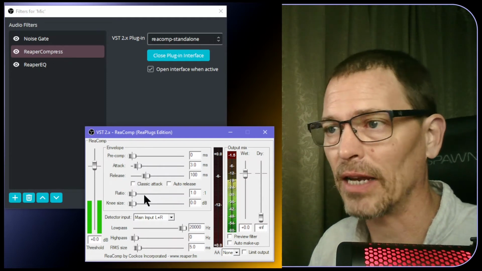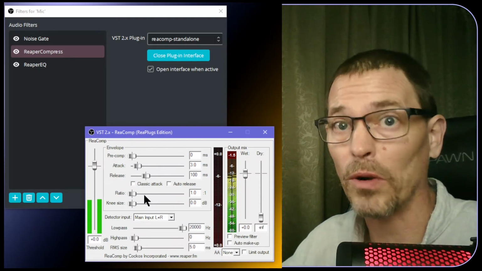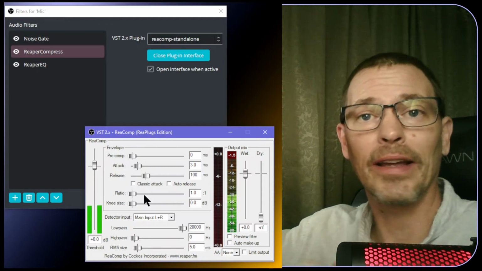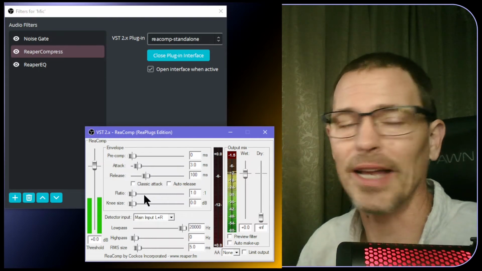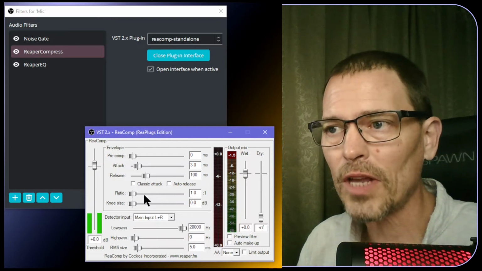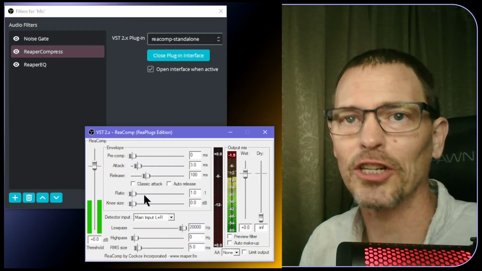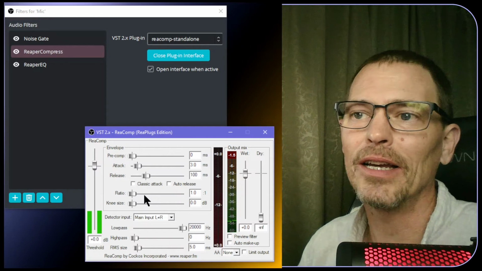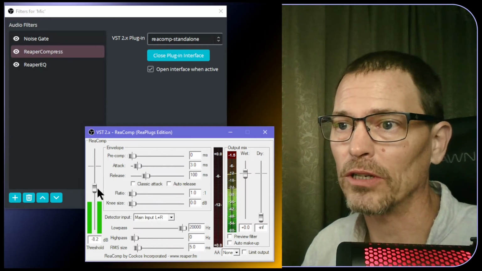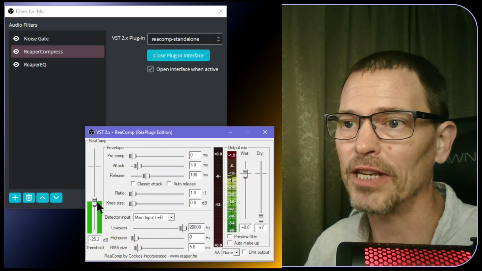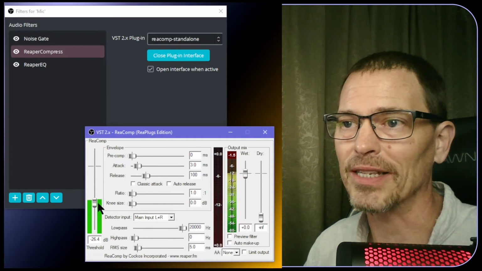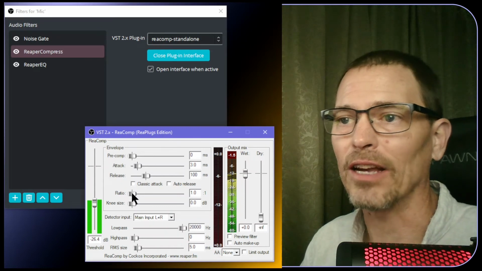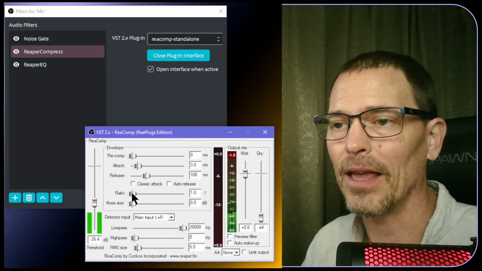So I was completely mistaken about the ratio, and I wanted there to be a 3 or 4 to 1 ratio because I wanted there to be difference between my loudest sound and my quietest sound. But instead, that's not what it is at all. The ratio is how much reduction there is for every decibel that you go over the threshold. So I'm going to lower the threshold to about the level that you're seeing here, which is about 26 or so. And then I'm going to change the ratio so that anything that goes above that level is reduced by